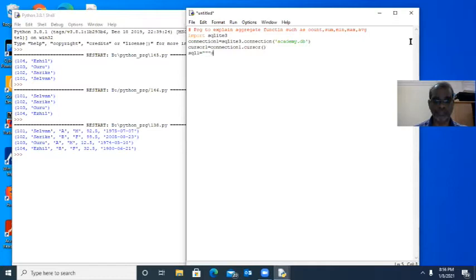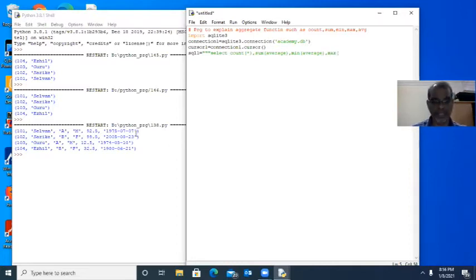Then I write one SQL statement within triple quotes: select count of star. Star means all the fields. Otherwise, you can give any one field, no problem. Sum of any one numeric field. We are having average. So sum of all these 4 averages, 92.5 plus 99.5 plus 12.5 plus 32.5, everything will be added and then displayed. Min of average, minimum value is 12.5.